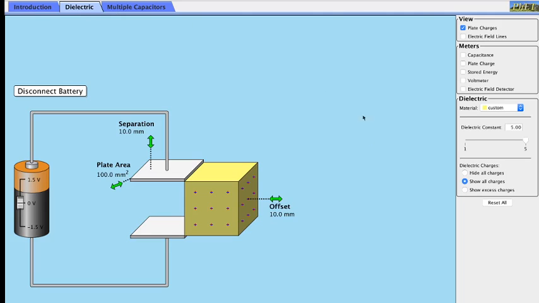Then as you can see here, makikita nyo na may different materials tayo. So it depends on the dielectric constant. So kung gusto nyo ng Teflon, may 2.1 na dielectric constant. Yung paper may 3.5, yung glass may 4.7. Now, if gusto nyo nang hindi